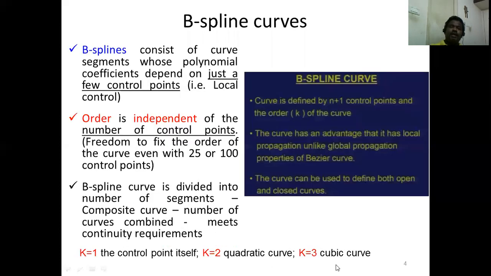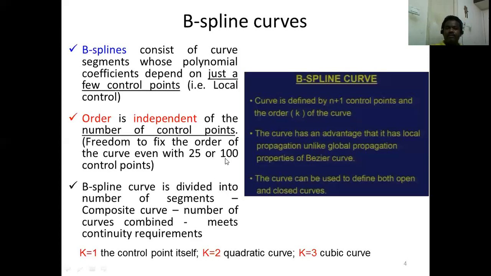Next, B-spline curve, and we are just introducing it here. In the B-spline curve, we can have n number of control points, say 25 control points or 10, or 100 control points. But the user has to choose the number of control points influencing the curve. Understand? In the case of a Bezier curve, we will have four control points. If the position of one control point is changed, the shape of the entire curve is changing.